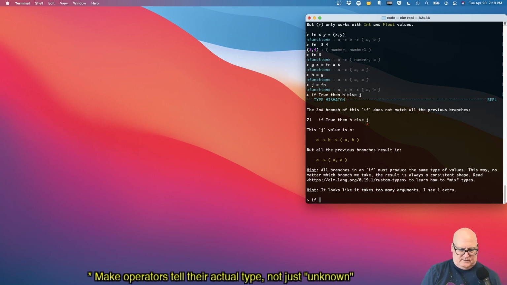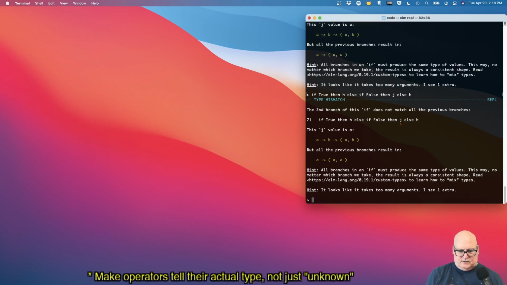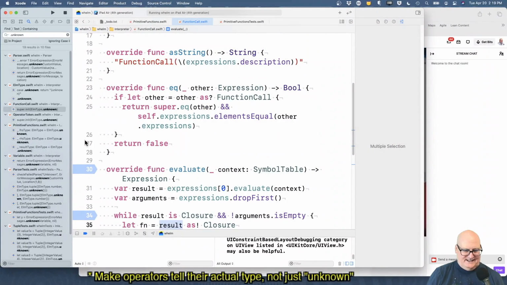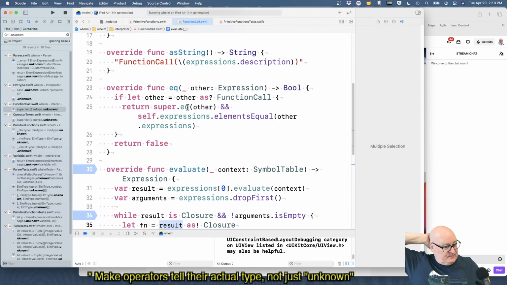So if true, then H, else if false, then J, else H. Yeah. Second branch does not branch. Okay. If true, then H, else if false, then H, else J. The third branch. Okay, it's counting. All right. So where's this leave us? Wow. Well,